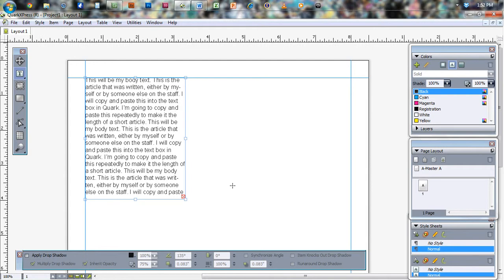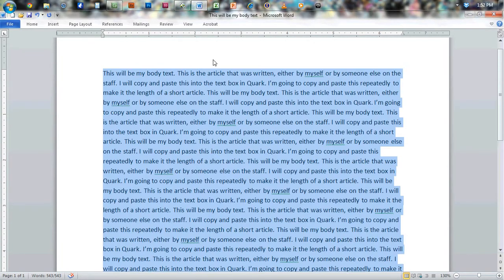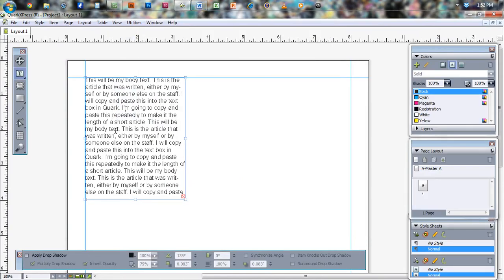This red box down here means that there's text that is not showing in this box, and we know it because we saw the very long fake article that I put in here. So not all of my text is in this box, but I need my box to only be this big. So I can make another box though